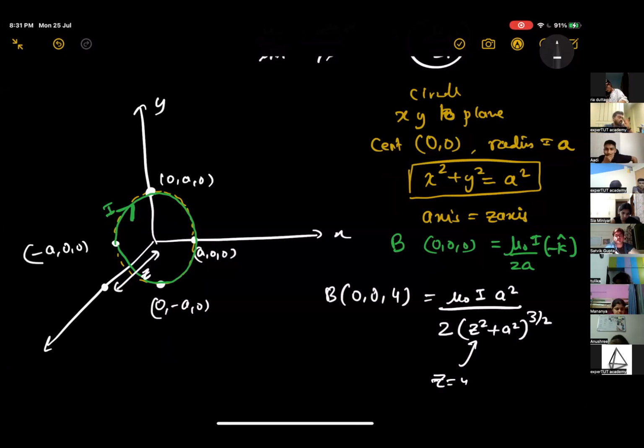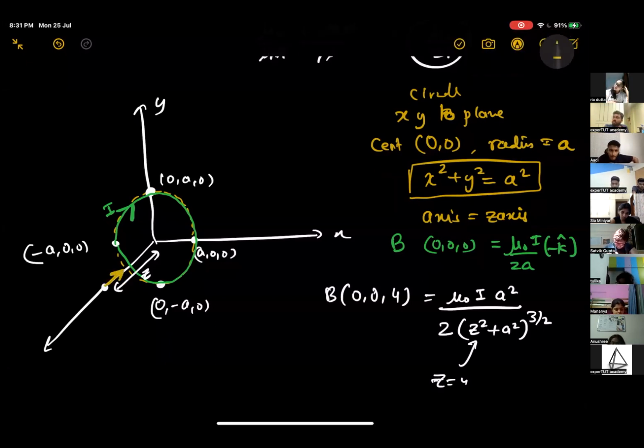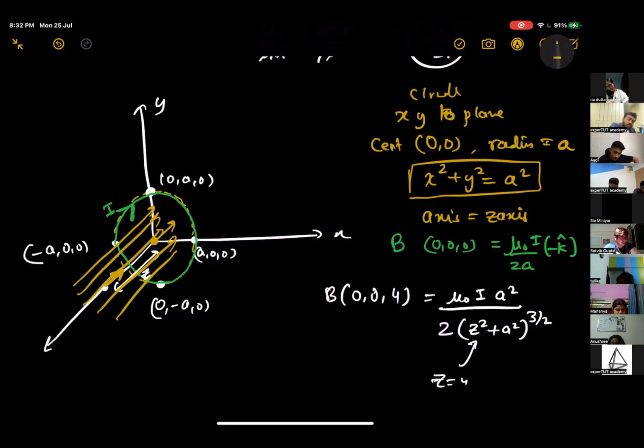एक चीज और सुन लो, at this point the magnetic field at 4, very important, will be like this, it is going into the plane, there's minus k. ऐसा होता है कि you can think यहाँ पे 0 0 0 पे माइनस k आया था, सो ये सारे मैग्नेटिक फील्ड लाइंस due to this ring are going like this, ऐसा। Therefore if the point is at 0, 0, plus 4, the magnetic field at this point will be minus k cap, and अच्छा, what about a point at 0, 0, minus 4, the magnetic field at this point will be in which direction? Towards the negative. नेगेटिव ओनली, राइट, it is minus k cap, क्योंकि लाइंस तो ऐसी जा रही है ना,